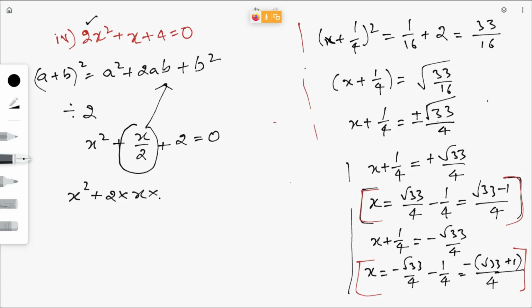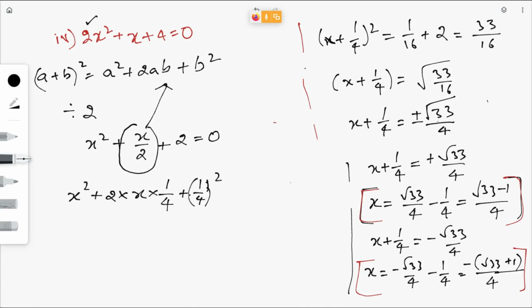This third term is important. Okay, what you will take as third term here, so that you will get this x by 2? 1 by 4, right? If you take 1 by 4 here, 2 ones are 2, twos are 2, then you will get x by 2. Okay. So now, you need this one in this form, 2ab plus b square form. So what you will do? You will take plus 1 by 4 whole square. Same steps. Okay. We are repeating this same thing since yesterday, right? 2ab plus b square and then minus b square.